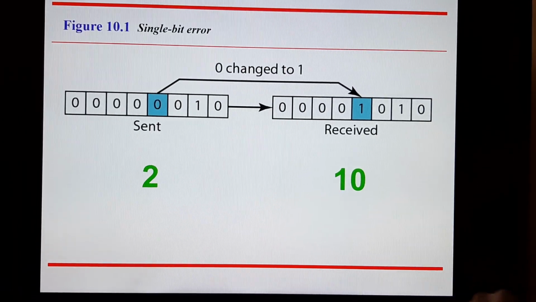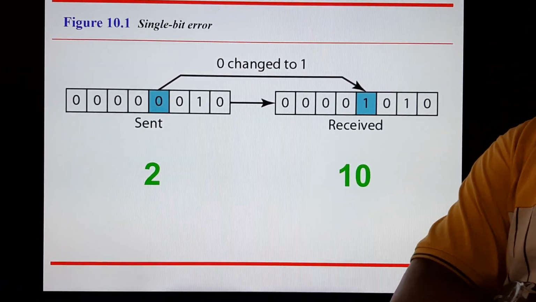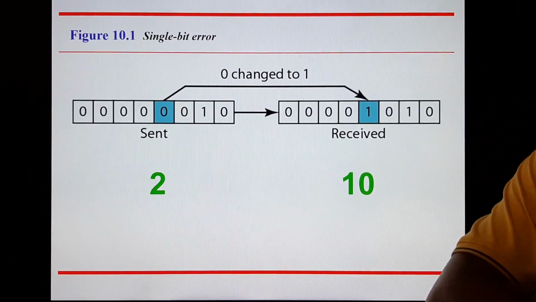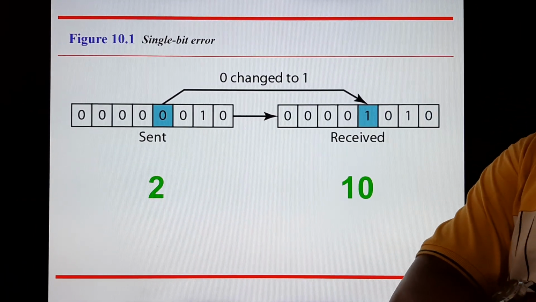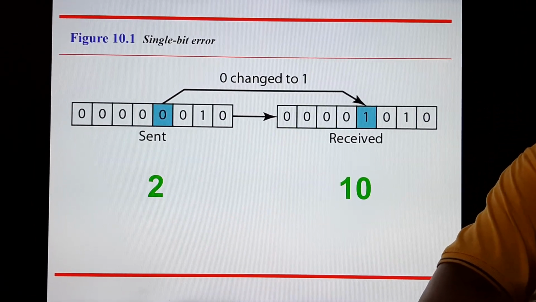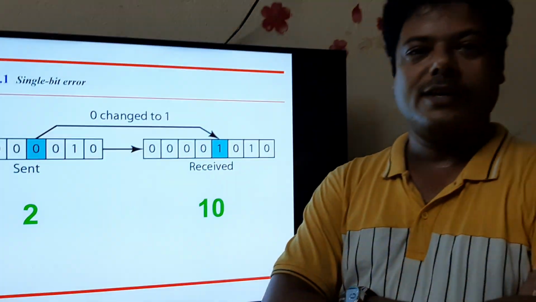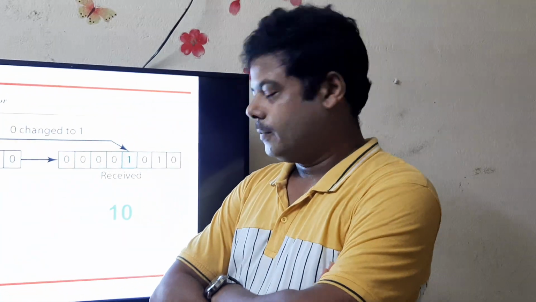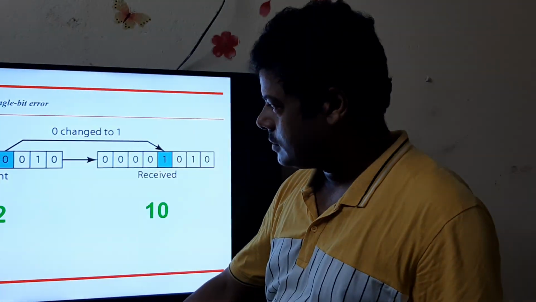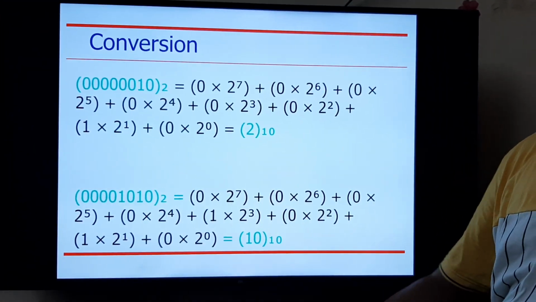I hope you people are able to do it. Some people are unable to do it because of how to convert decimal to binary and binary to decimal. All these are first year courses, and networking is generally present in the second or third year. We are unable to recall, so let's do a recall of how binary is converted into decimal.